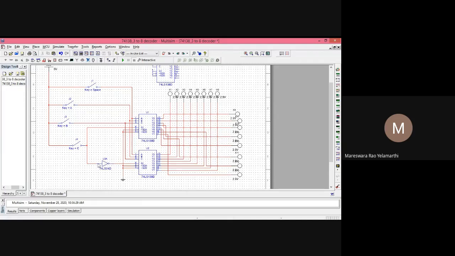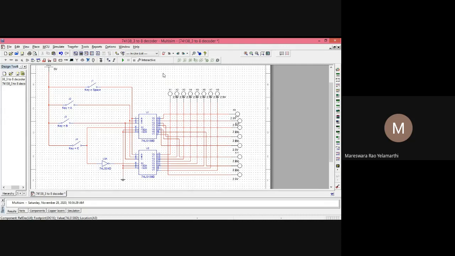So I have a NOT gate here. What is the function of a NOT gate? If you give 1 here, you will get 0. If you give 0 here, you will get 1. So for the sake of your understanding, I kept this NOT gate here. If you don't want it, you can implement the circuit using only a single IC and a single output signal. Don't bother about that one. So I'm using two ICs for the sake of your understanding, with the NOT gate and without the NOT gate.